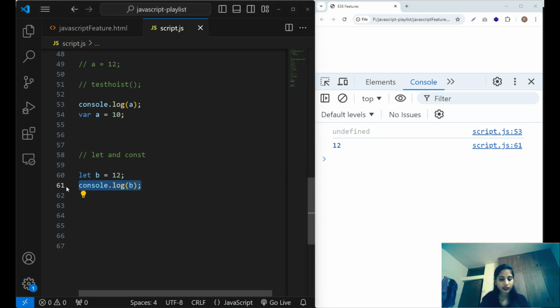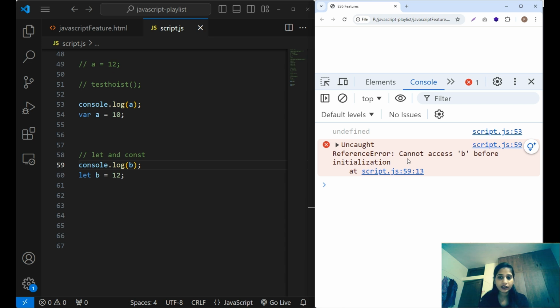But if we access it before the initialization when we use the let keyword, it gives a reference error, meaning cannot access b before initialization.